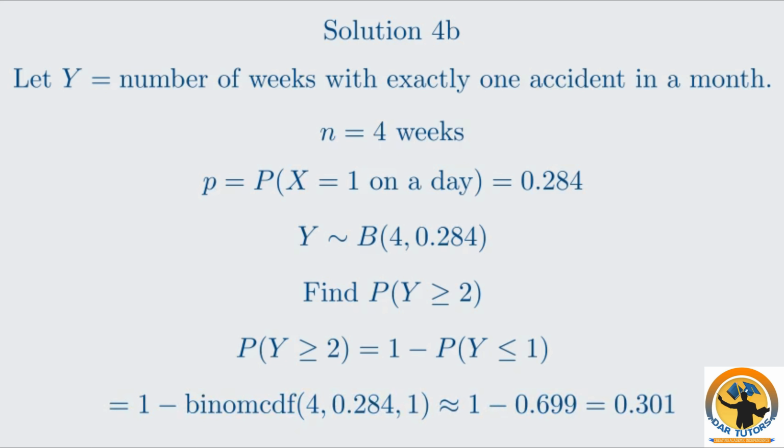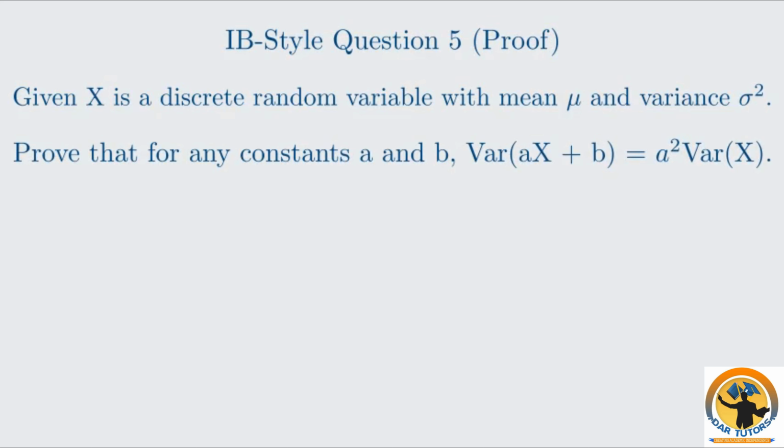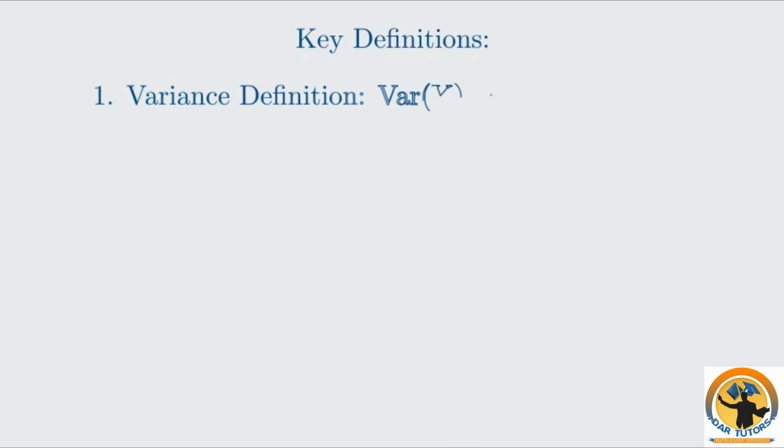This problem demonstrates how the result of one distribution can become the parameter for another, a common technique in more complex probability questions. Finally, question 5 is a proof, a type of question that is very common in IB Maths HL. Let's work through the proof for question 5. We'll use two key definitions, the variance formula and the linearity of expectation. First, the definition of variance. The variance of a random variable Y is the expected value of the squared difference between Y and its mean,